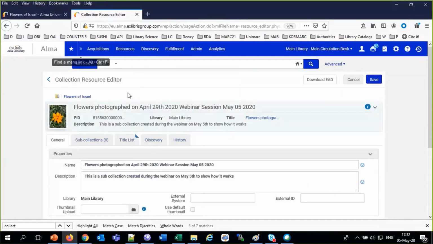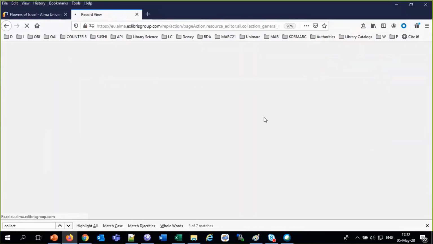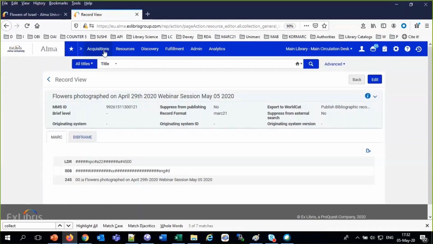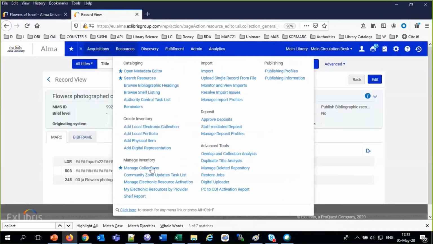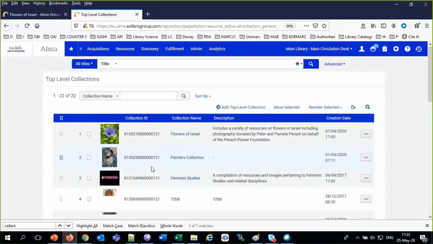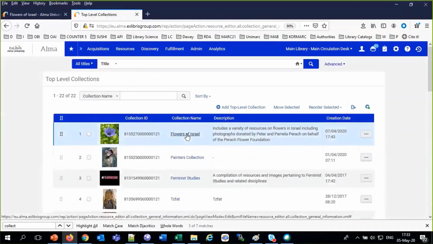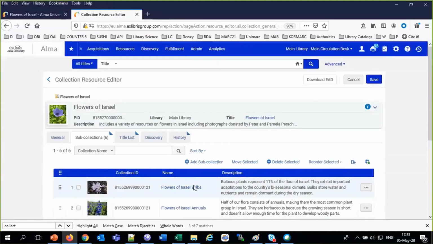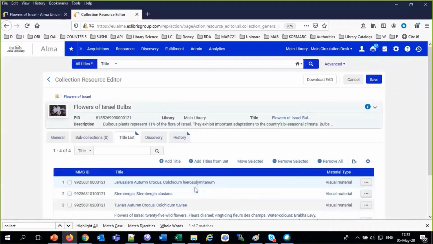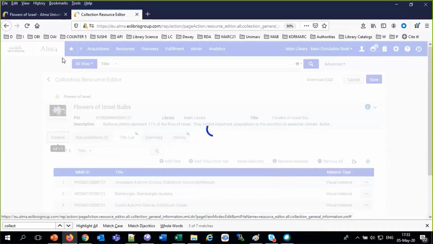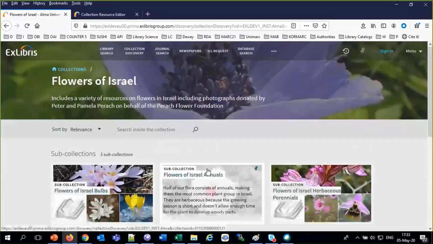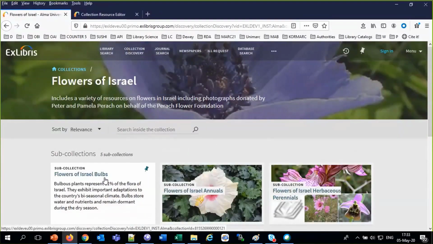Then, in fact, let's take one that's already in Primo, just so we can show how different parts of it appear. Manage collections. And we'll go to bulbs. We got bulbs, we got annuals. Okay, so what do we got here? And here, I'm also going to go to bulbs. Bulbs. So you see when I put my mouse on, it says bulbous plants represent 11% of the flora, etc.,